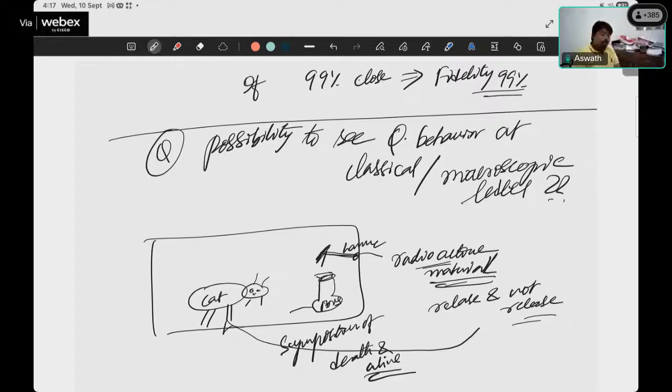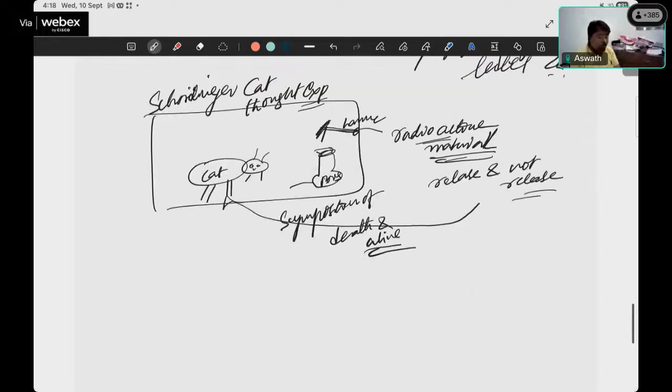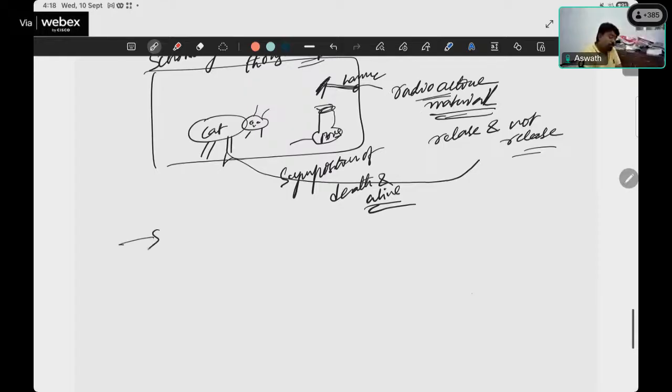Even though at a macroscopic level, the Schrodinger cat experiment, also called the Schrodinger cat thought experiment, is telling us that things can exist in superposition states. But the question is, this kind of superposition state is only going to exist